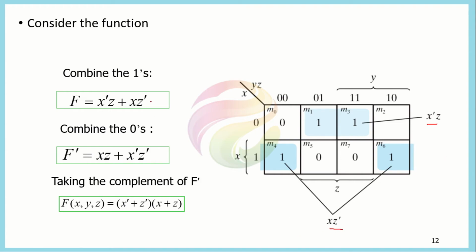In the same one, if you want to combine in terms of the zeros, or express it in terms of the max terms, then you need to have this one here. This complement will be defined as this one, and this one, so this will also be 0 here.